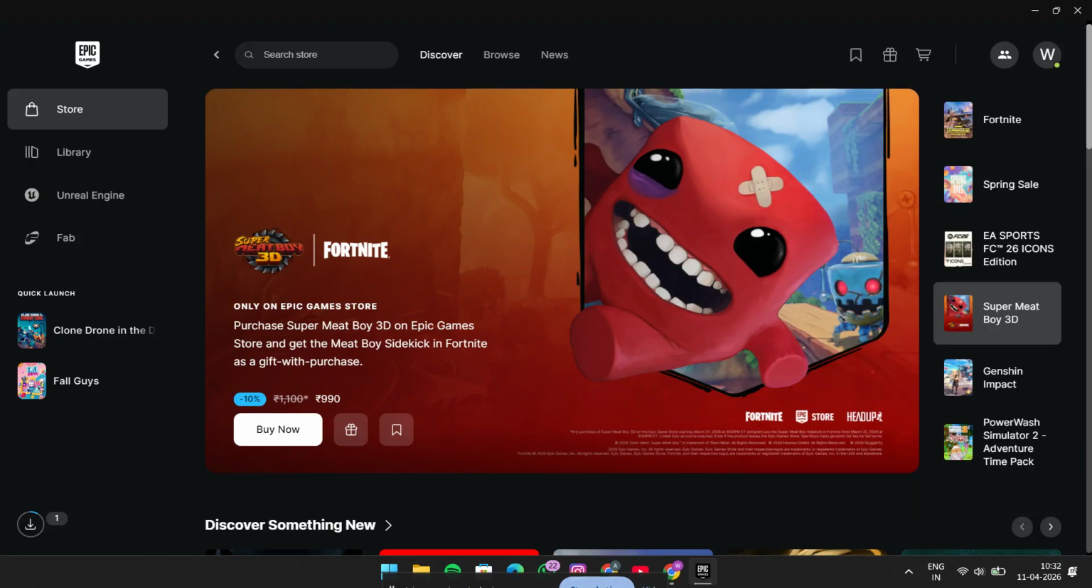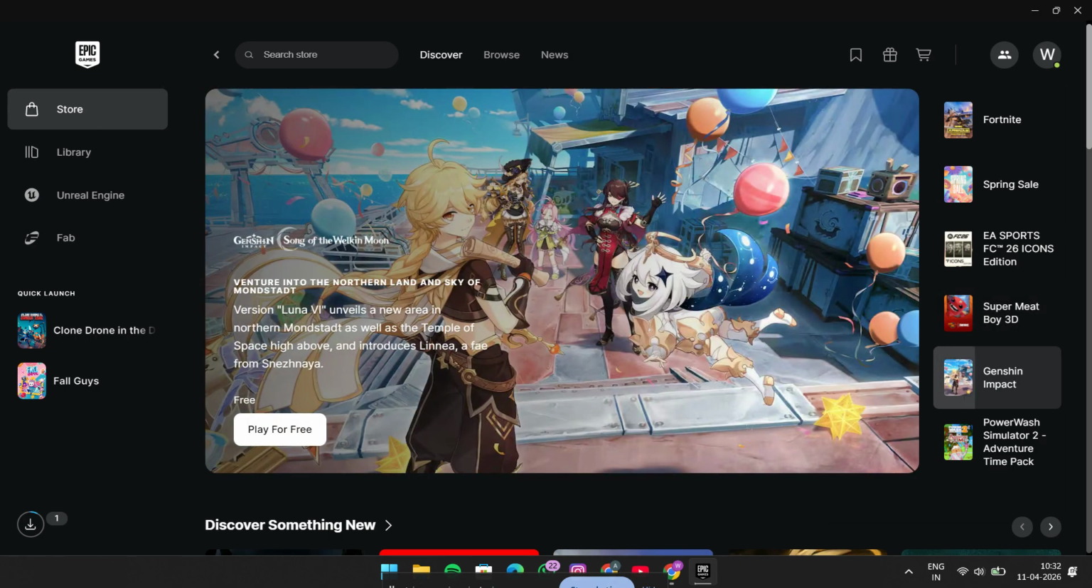And that's it. You've now enabled cloud saves in the Epic Games Launcher. It only takes a minute, but it can save you a lot of stress later if you ever need to